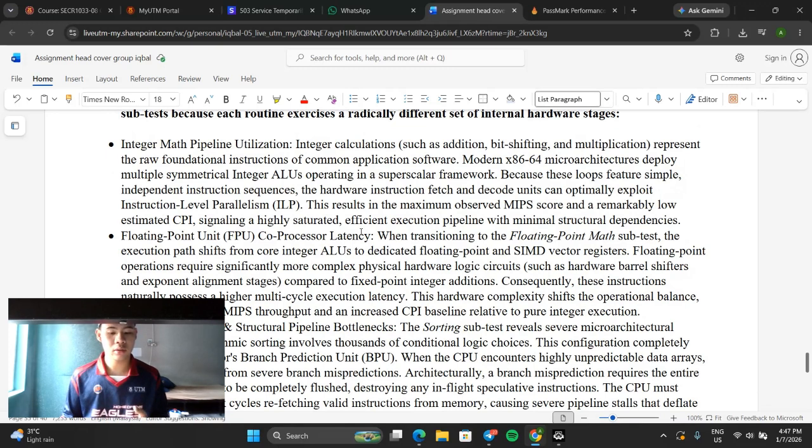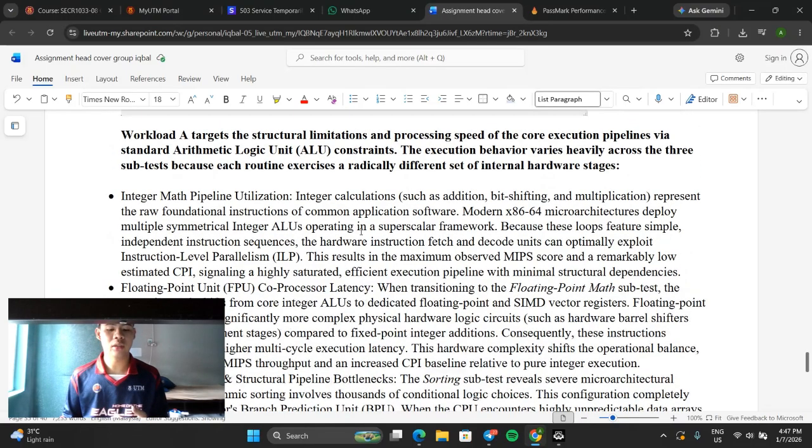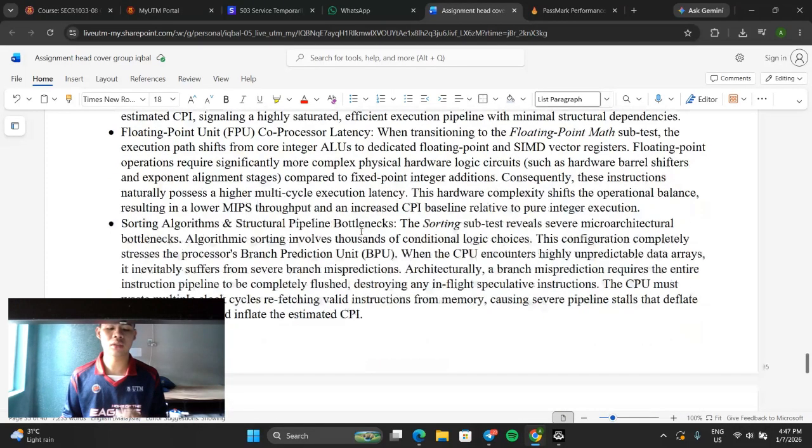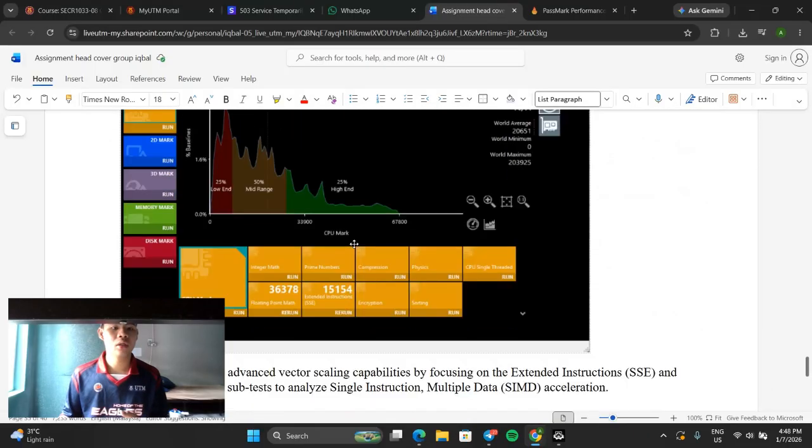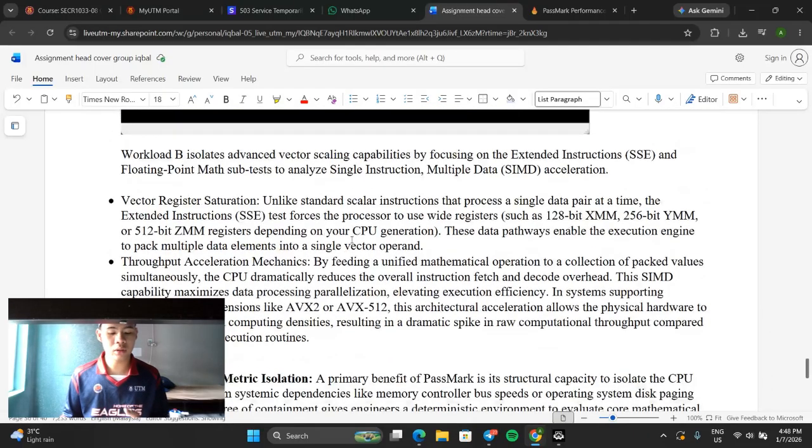Then, microarchitecturally, a CPI well below one proves that our processor is operating in a superscalar mode, executing multiple instructions simultaneously across parallel ALUs. Then for workload B,